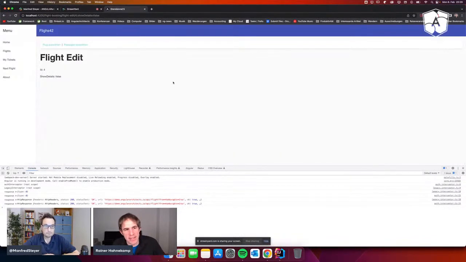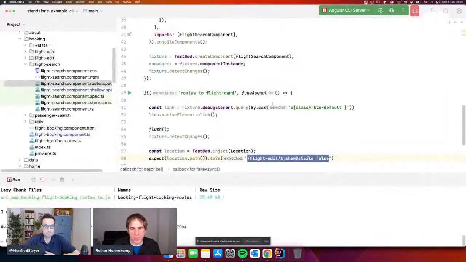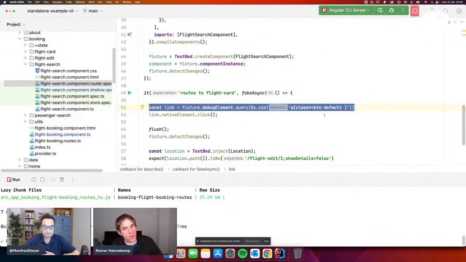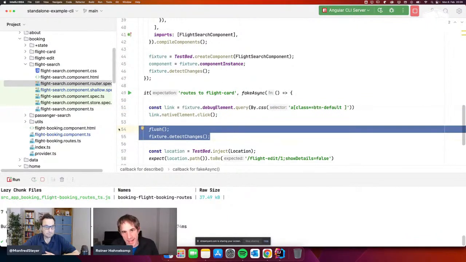So if I click on it, I would come to this flight edit URL, and we search for them in this line here. So here I say I want to search for an A tag, which contains the class button default. Then I click on it, and then we see here asynchrony and change detection together. That's the way how it normally is